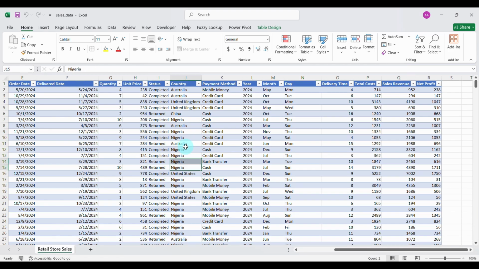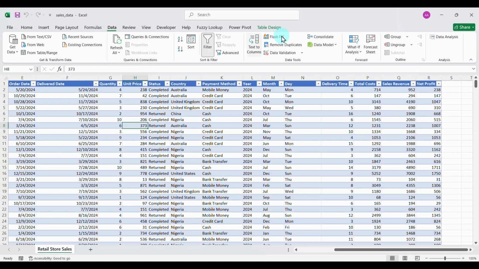So remember, for the descriptive statistic, we use numerical columns. So we want to have our descriptive statistic. We go to data analysis toolpack,